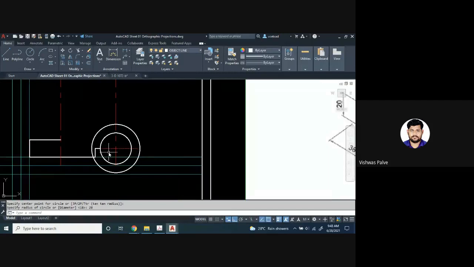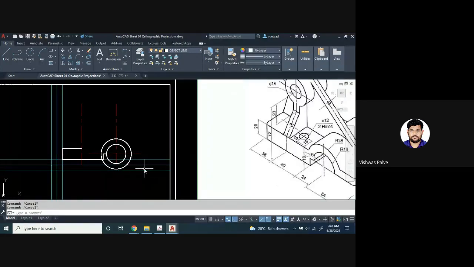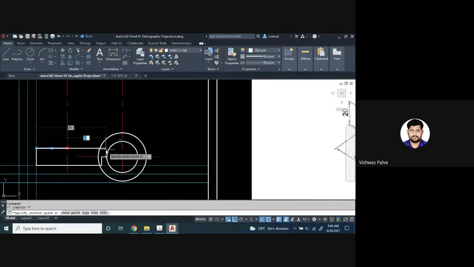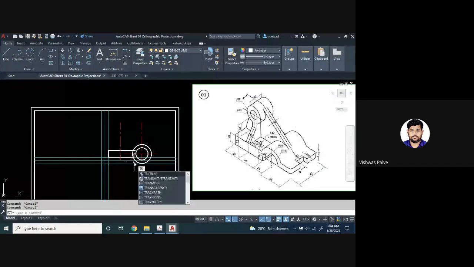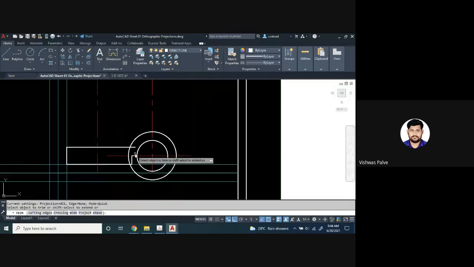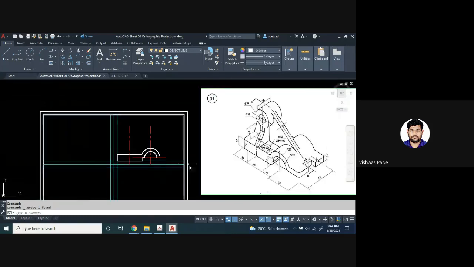After drawing these two circles, now I have to trim it off, right? So I will extend these two lines. This is just for reference. Similarly, I can extend this line. Now, with the help of the trim command, TR double enter, whichever line is not required, I can trim it off. This line is not required, this edge is not required, here also this edge is not required, and whatever edge is remaining, I can delete it. So this much portion I have drawn.